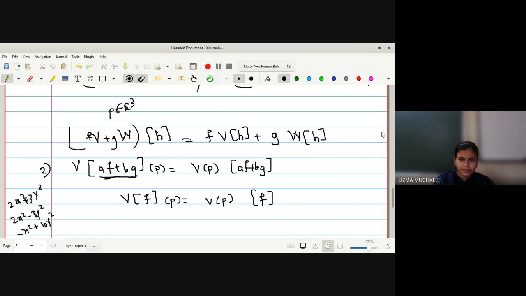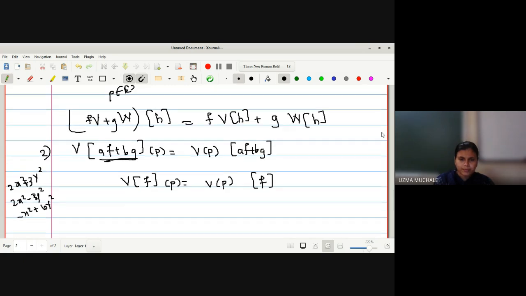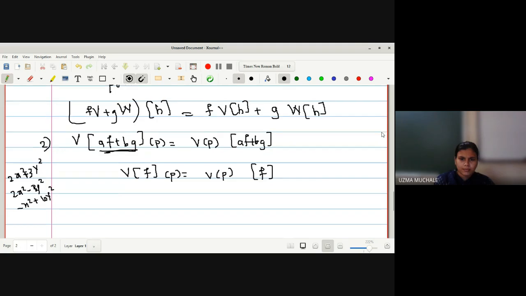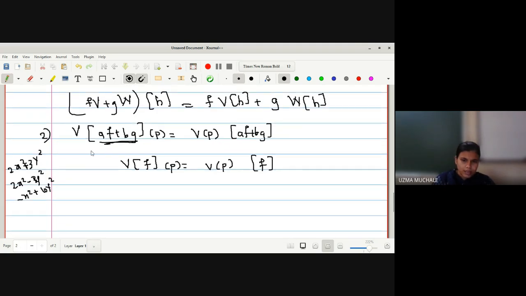So here you have to write down this reason. Okay, which is equal to, now you know the result is that a is a scalar which is independent of the point p, so I can take it outside: a Vp f. The directional derivative of function f, plus this b is outside because a and b are scalars. Now here again I can write the directional derivative of function g in the direction of the tangent vector Vp.